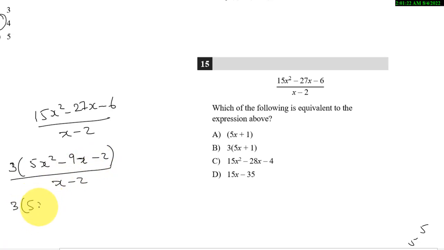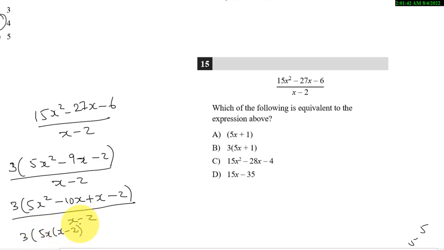This is going to be 5x squared minus 10x plus x minus 2 over x minus 2. So that's definitely going to be 3 into 5x into x minus 2, plus 1 into x minus 2